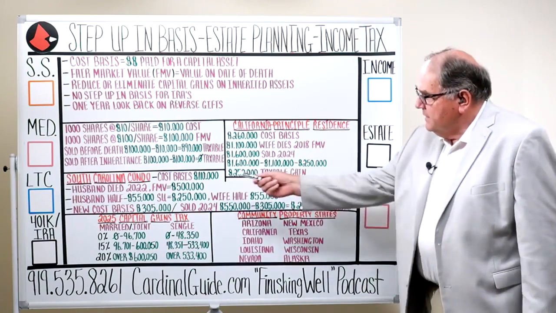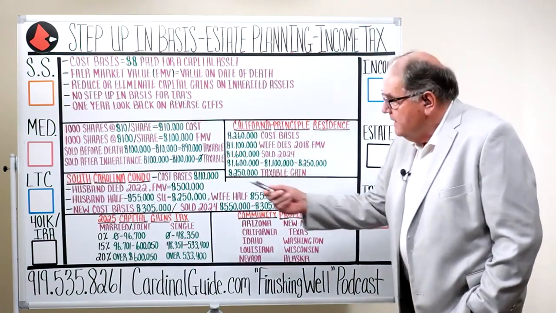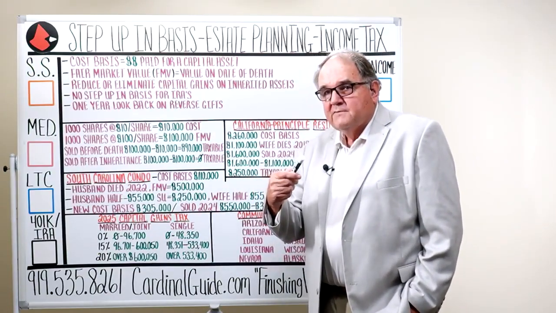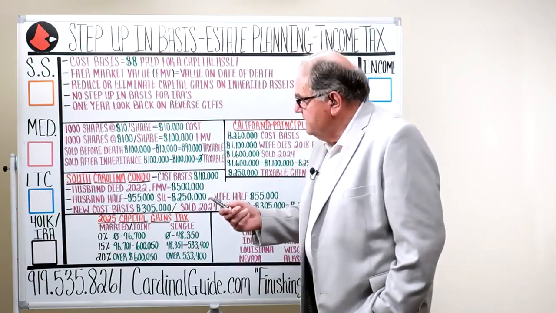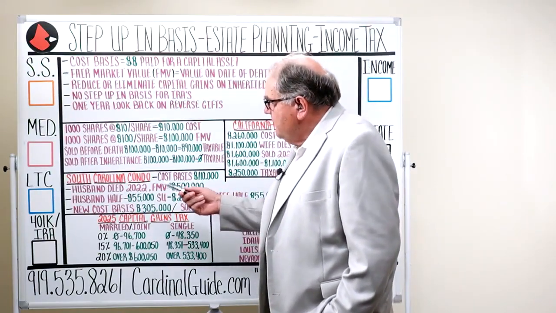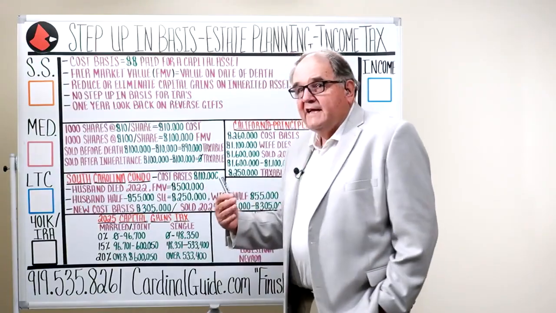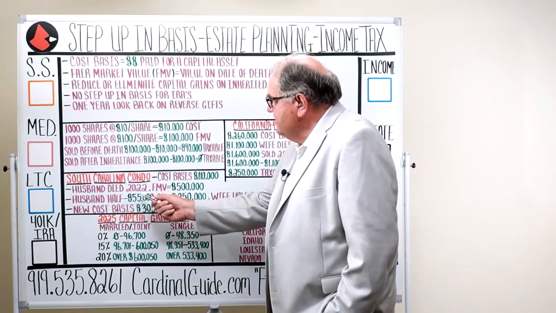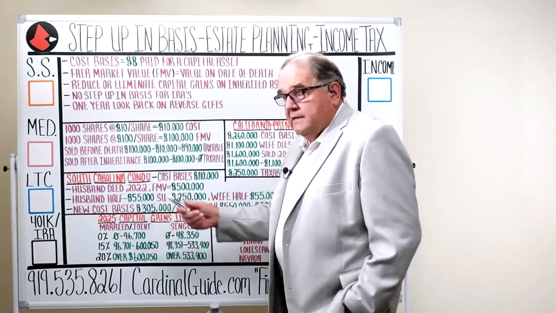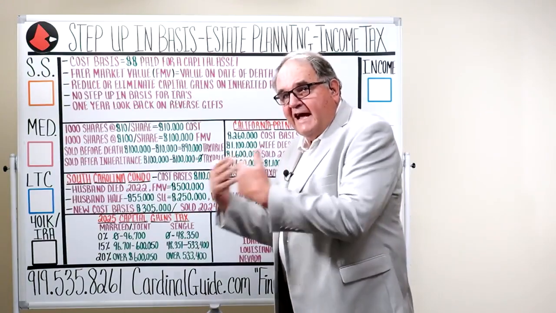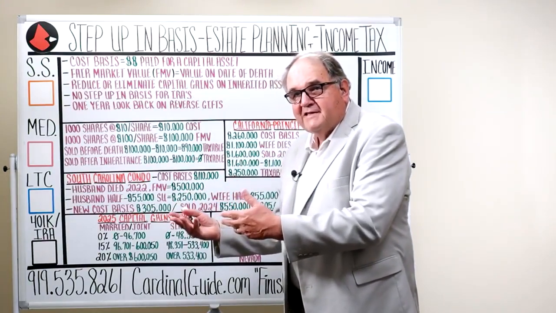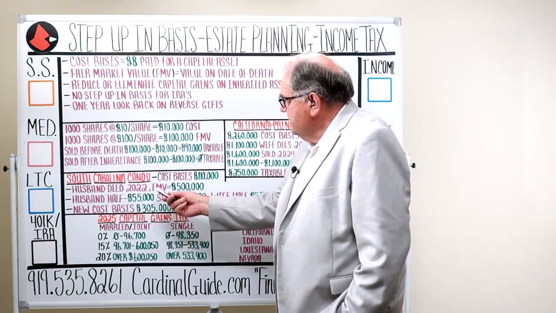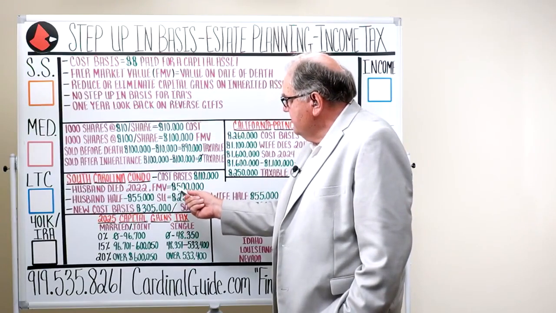Now, another example we're going to give is in a non-community property state, which is South Carolina. This was not a principal residence. This was a vacation condo down on Hilton Head. The cost basis was $110,000 that they paid for it way back when. The husband died in 2022. All of these people come to us after the death, and then they learn about this step up in basis. It was a little more complicated with them because the fair market value on his death was